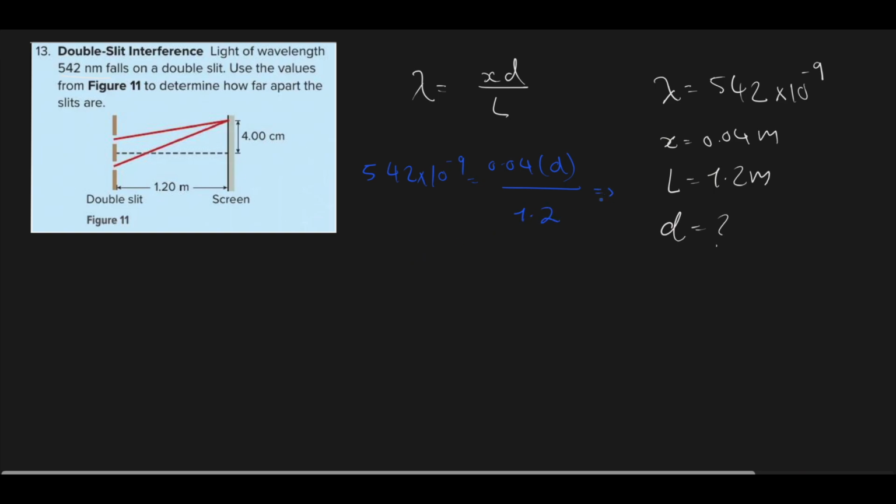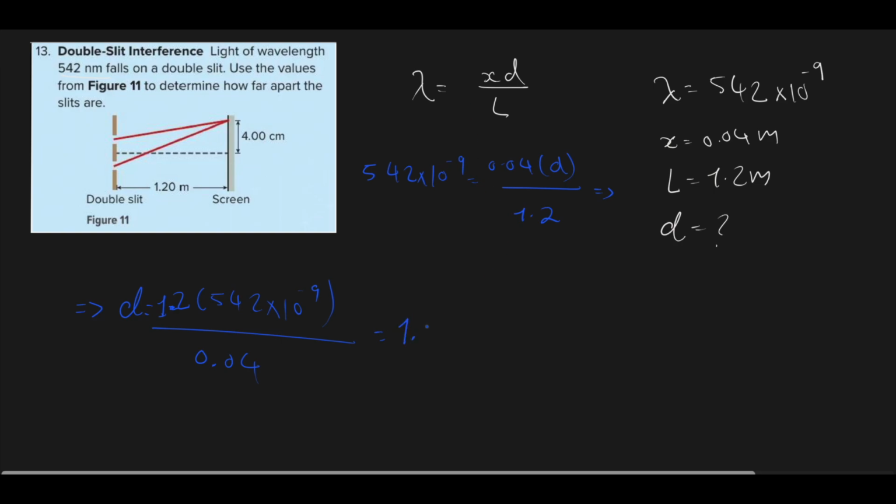We can solve for d, which is equal to 1.2 times 542 times 10 to the power of -9 divided by 0.04. I only do that to make calculations quicker. So 1.2 times 542 times 10 to this power, divided by 0.04, and the answer is